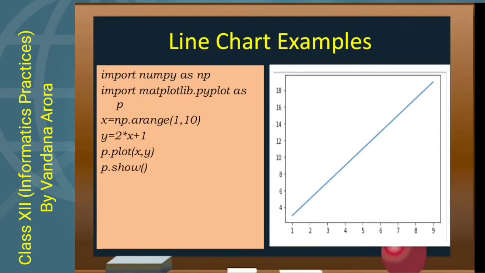Here is an example. You can see x and y, two data sets we have used. First is np.arange(1,10). It means this function will generate an array having values 1, 2, 3, 4 up to 9.